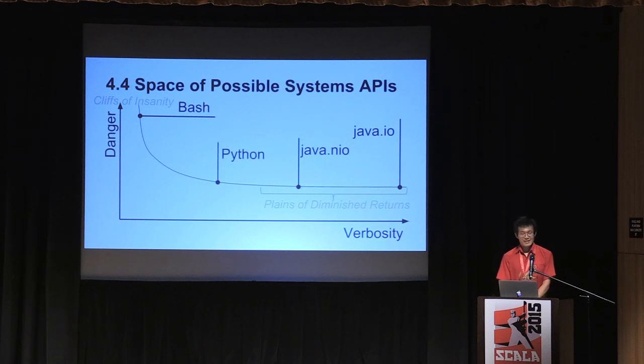Python, I would argue, is not actually any more dangerous than Java at doing these things. Part of the reason is that Java, in the plane of diminished returns, is so verbose that it's not actually gaining anything from verbosity. But another reason is that both Python and Java basically treat paths as strings. You get a path, you don't know what it is. You could have random ups inside. It may be absolute, may not be absolute. You may or may not have to call canonicalize or normalize to get to a path that you actually want. And when you're working in bash, so many of your data types are paths that when you're all strings, Java's type safety doesn't really get you anything.